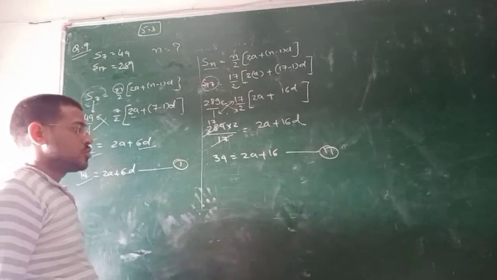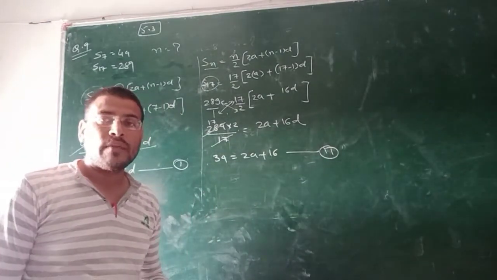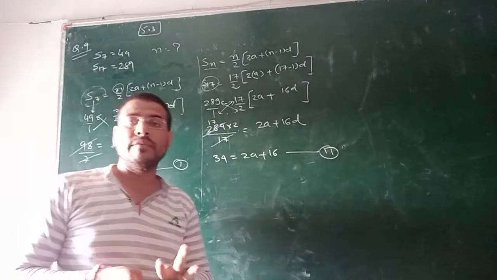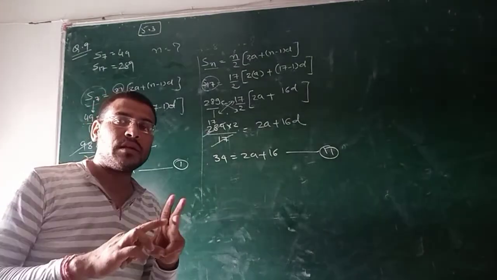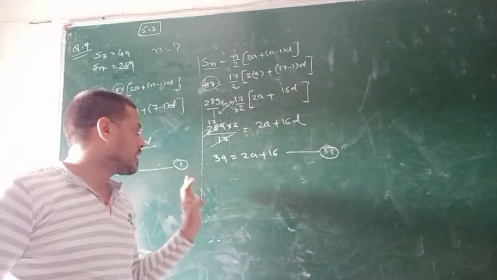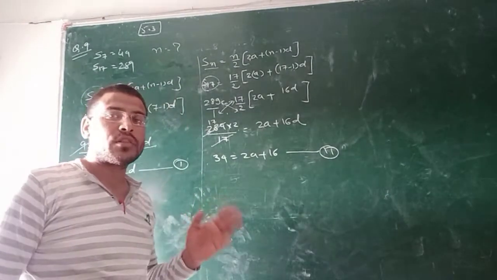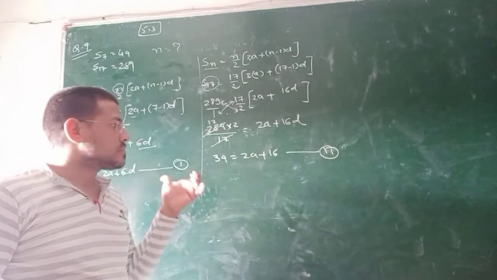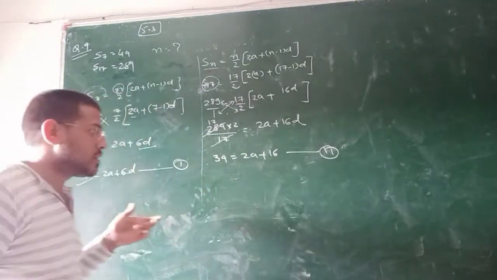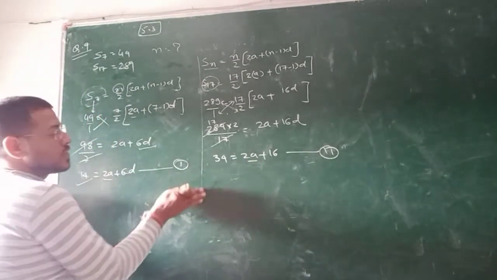So if you got the first equation and the second equation, as we have all discussed, when you have two equations you can calculate by three methods: substitution method, elimination method or cross multiplication method. But normally, in chapters other than chapter 2 or 3, we will always solve these equations by using the elimination method. So you can see here it is 2a, here also it is 2a. So what is to be done now?